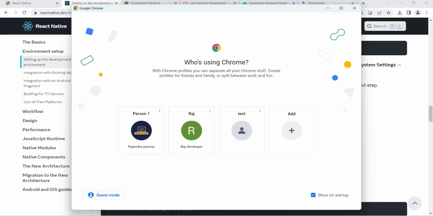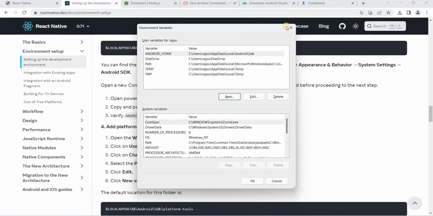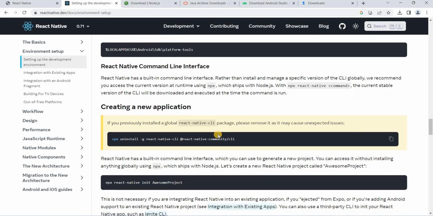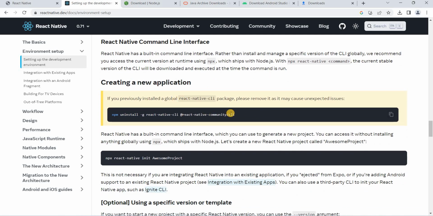Simply you have to click on the exit button, click close, and again click on the React Native official website. Go on the official website, then come down to creating a new application. First of all, we have to use this command, because we need the command line interface which will be provided by React Native. So this simply installs the command line interface for us to install the React Native first